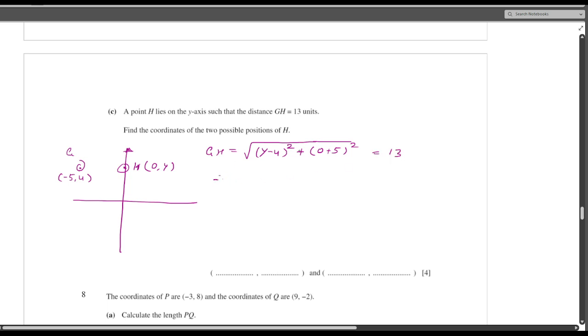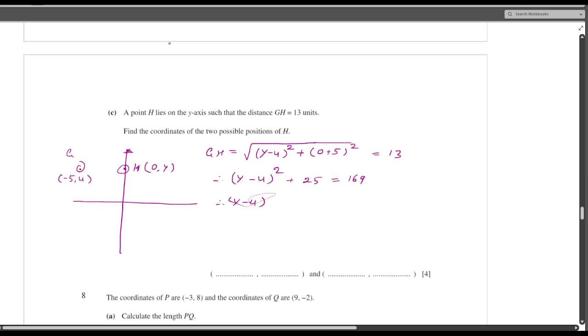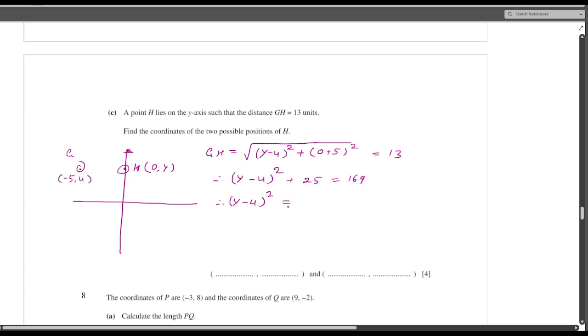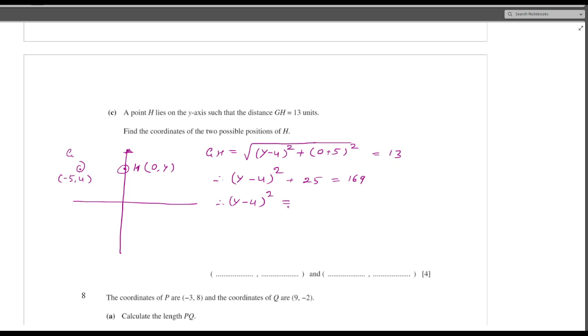So therefore I square, so I will get y minus 4 the whole square plus square of 5 is 25 is equal to square of 13 is 169, and therefore y minus 4 square will be equal to 169 minus 25, which is equal to 144,